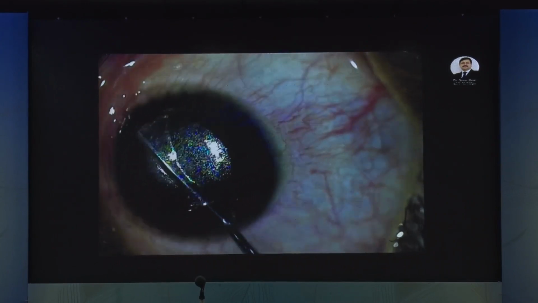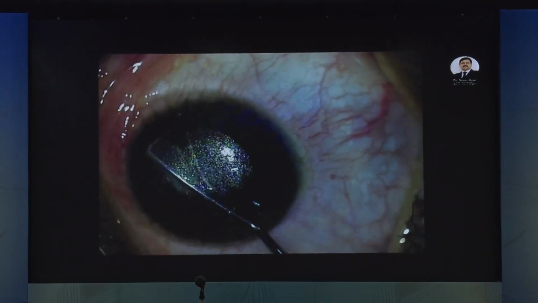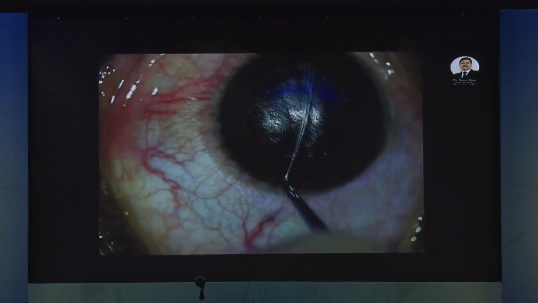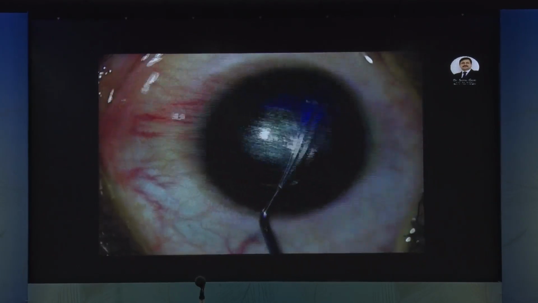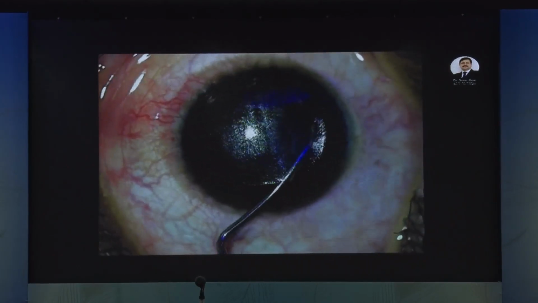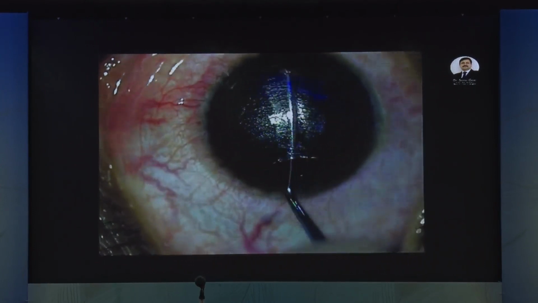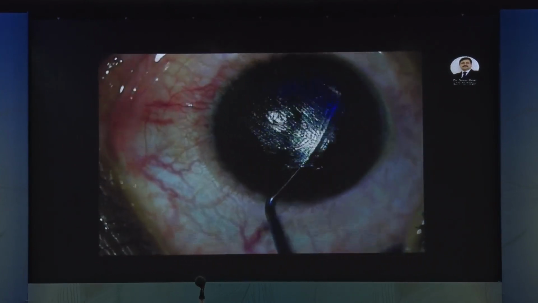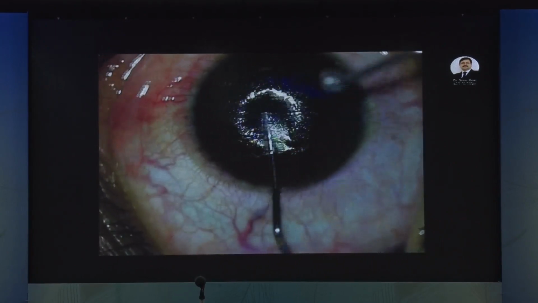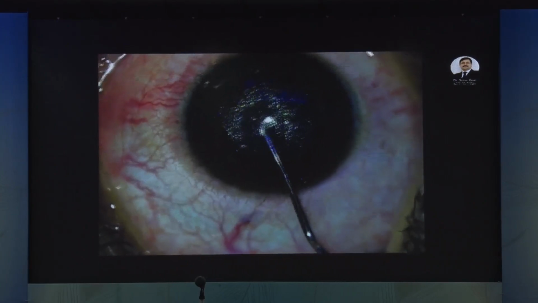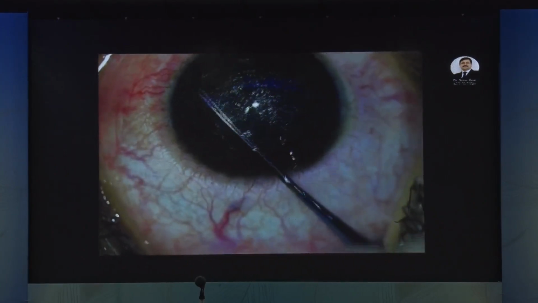So counseling preoperatively is very, very essential in all these patients, and specifically patients with deep-seated eyes, patients who are over anxious, patients who are a typical type A personality. You need to sit with them and counsel, because those 15 seconds of laser application is very critical, and the suction loss can sometimes cause problems.